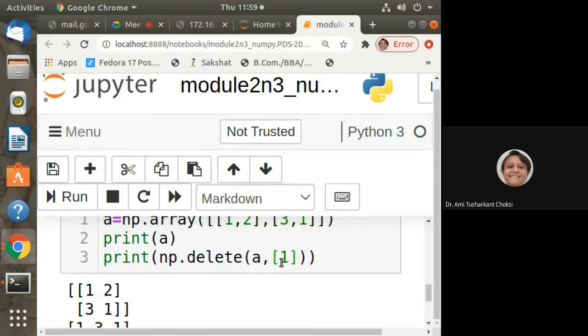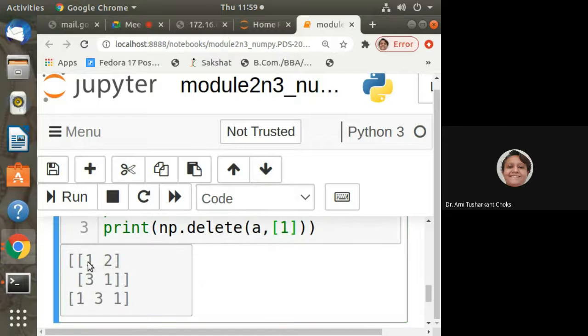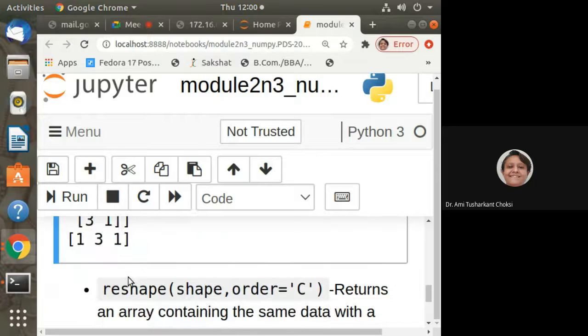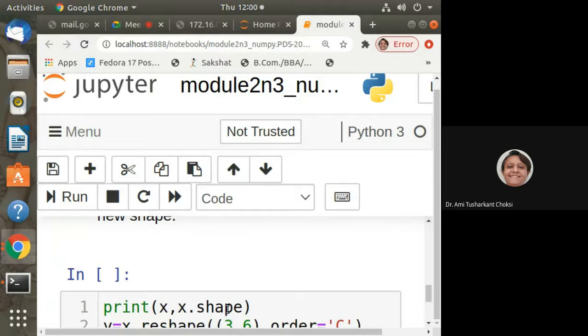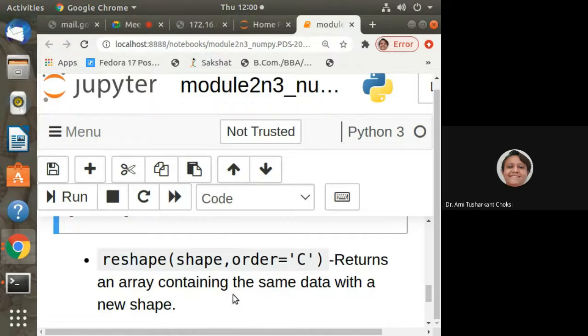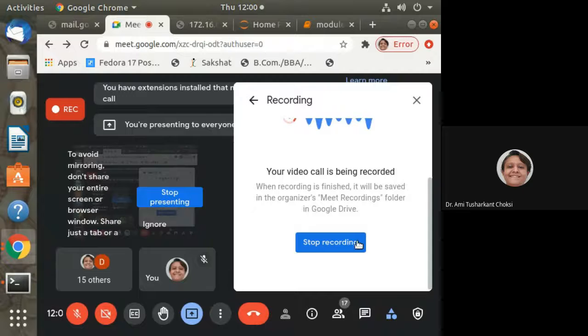What we have deleted is index 1. The first one is being removed, and then you can see what is remaining. Index one is removed, and we are able to have this. That's all for today. This is very important, but we'll see it in the next class.